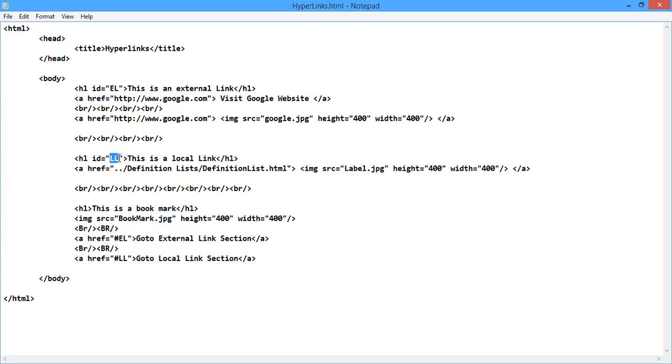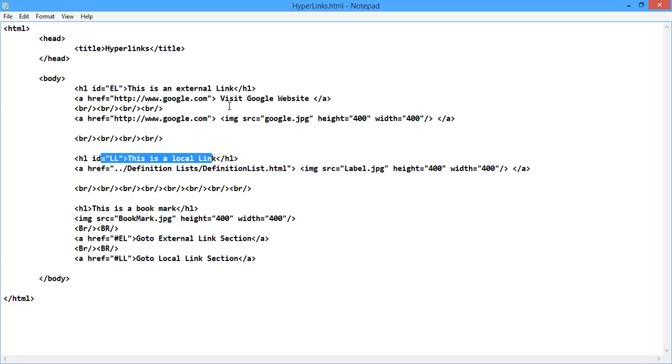So this value I am using here with the hash symbol. Because of that, this line, "go to local link section", is connected with this ID value, and when we click on the "go to local link section" link, it will jump to this location.